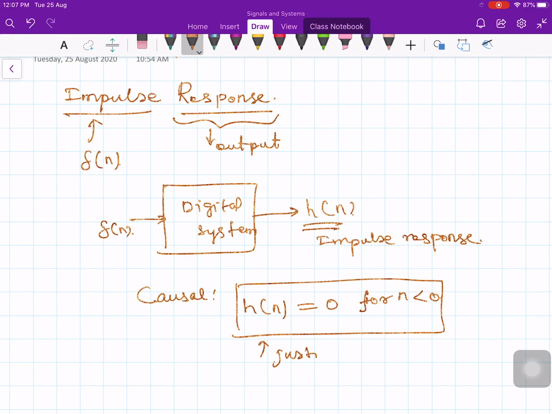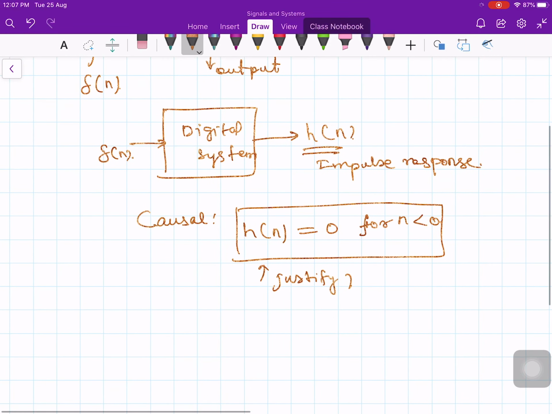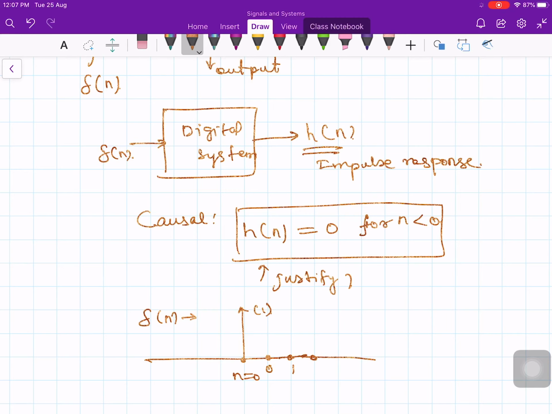Because what we said is del of n occurs at n equals 0, right? Like this. When n equals 0, it occurs with the magnitude of 1. At n equals 0, 0, at n equals 1, 0, and so on. And this side also at n equals minus 1, 0, n equals minus 2, 0, n equals minus 3, 0,